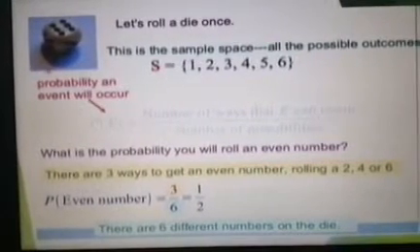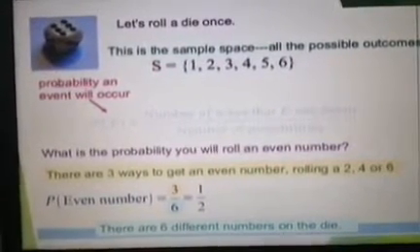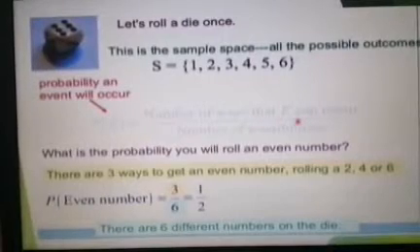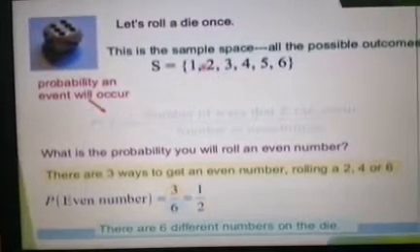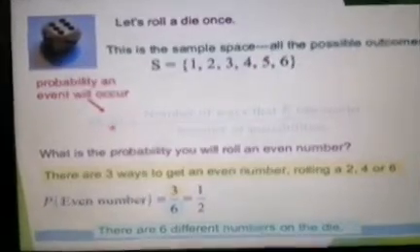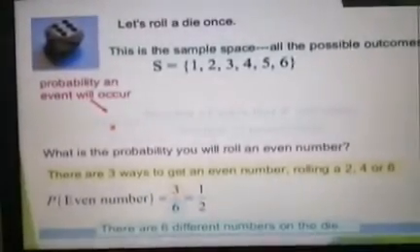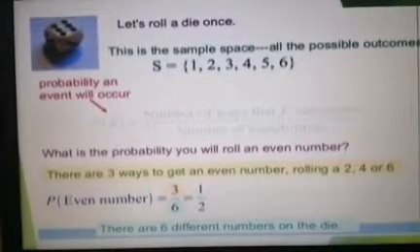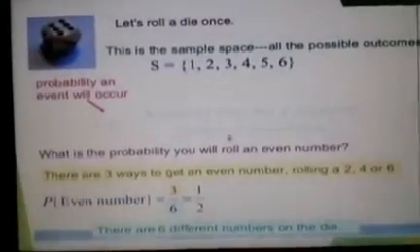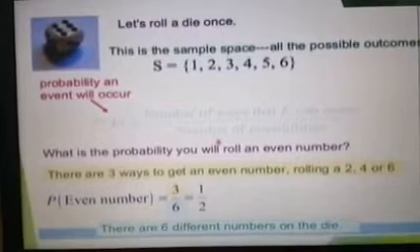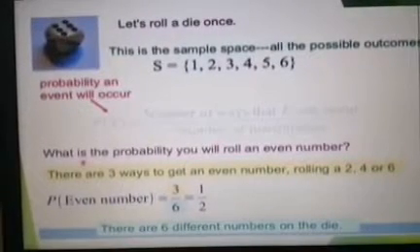So when you roll it once, as I already told you, probability is always calculated as the ratio of the number of ways that the event can occur. This one we call E, the term event. It is always denoted as E. P of E means the probability that an event occurs, and it is always given by the formula you have to remember: the number of ways that E can occur divided by the number of possibilities.